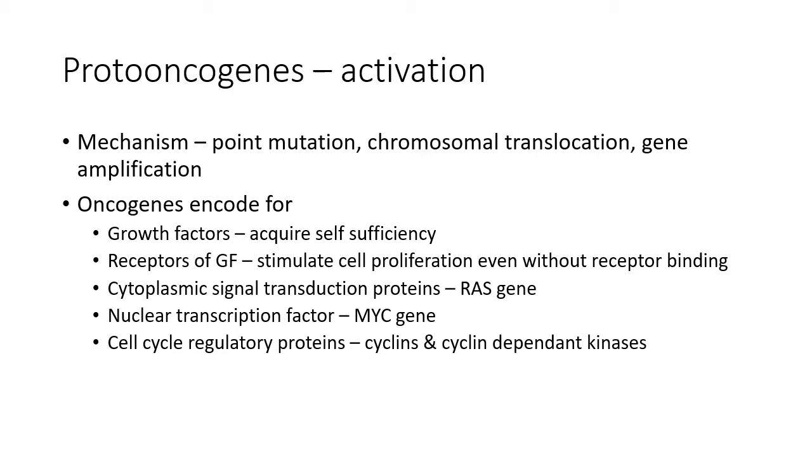The cell cycle regulatory proteins, usually called cyclins, are cyclically synthesized during different phases of the cell cycle and they regulate it. So mutation in the genes coding for these cell cycle regulatory proteins can also lead to cancer. Examples: mutated form of cyclin D, mutated form of cyclin E, etc.